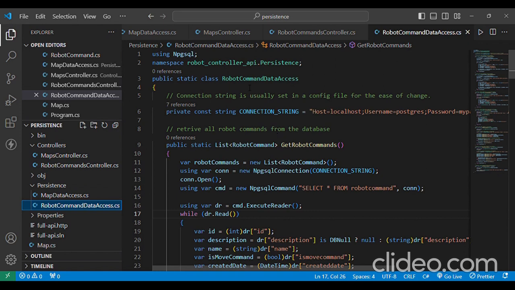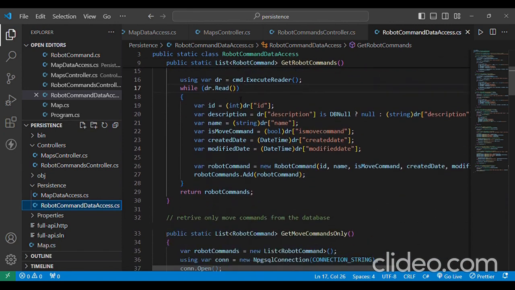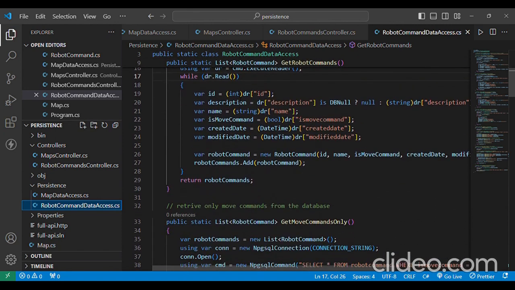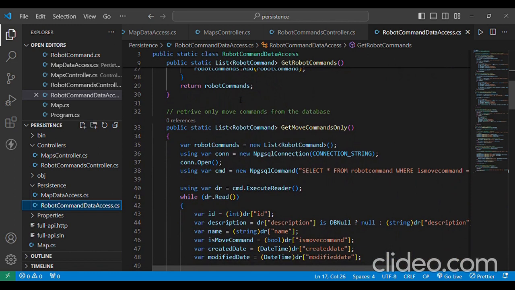This is declared as a public static class named RobotCommandDataAccess, indicating that it has only static members and can't be instantiated. Here are the database operations. Get robot commands retrieves all robot commands from the database and returns a list of robot command objects. Get move commands retrieves only move commands from the database. Get command by ID retrieves a robot command by its ID from the database and returns a